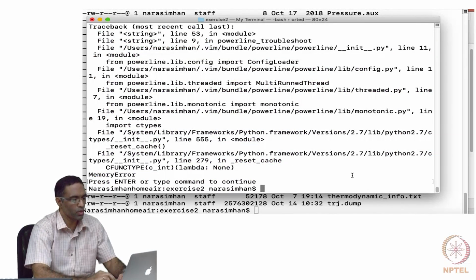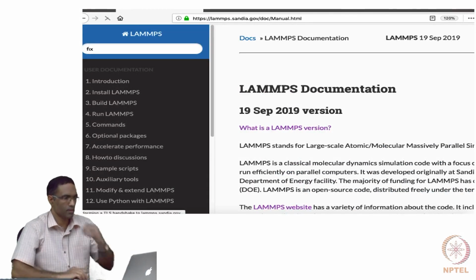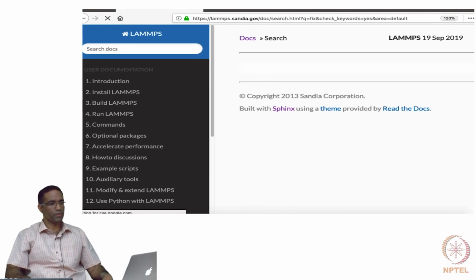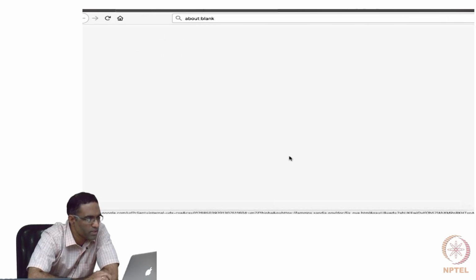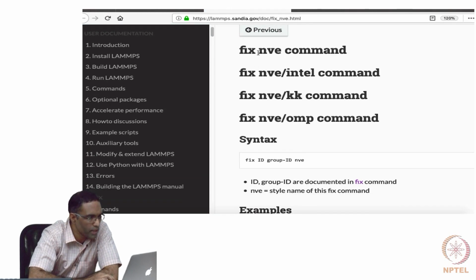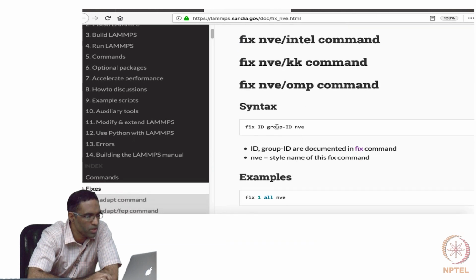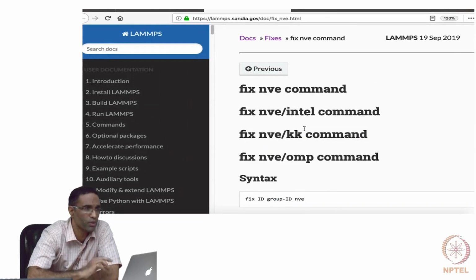Let us take a look at the LAMMPS documentation to see other types of fixes which may be present. What we saw here was the fix NVE command. It's a basic integrator, and you can have different types, but this is what we most commonly use. It's just fix, the ID for the fix, the corresponding group ID, followed by NVE, which is what you need in order to run this. But this is just going to perform a simple integration, there is nothing more to it.